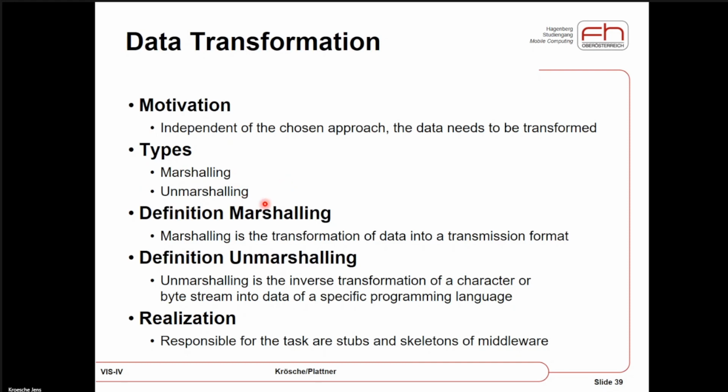And of course, also in the technologies we will be using from now on, this marshalling and unmarshalling takes place. But we don't do it anymore. It's done automatically in the background. And that, of course, is the nice thing. So marshalling is bringing the data, what we want, into the transmission format, and unmarshalling is receiving a transmission format and retransforming it into something that the target machine can understand.